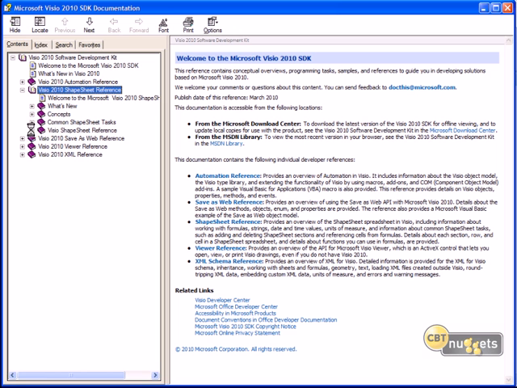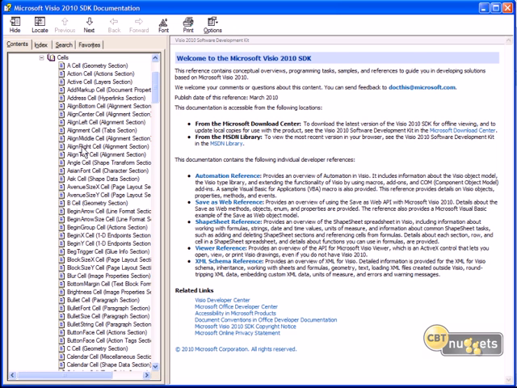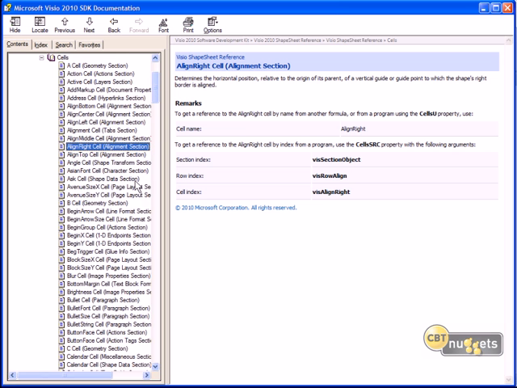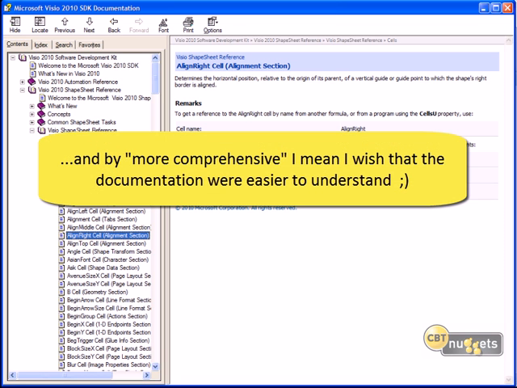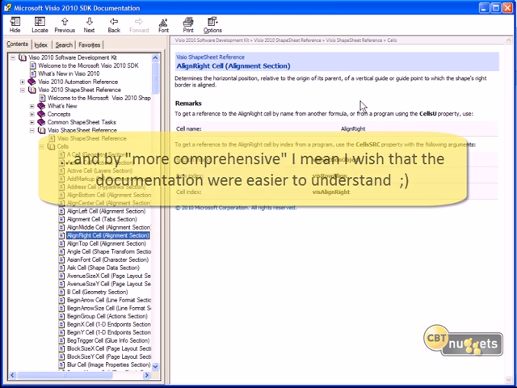So we have a full reference of cell options and the possible values that can be added to each. There's a lot here. I wish, frankly, that Microsoft did a better and more comprehensive job of documenting the shape sheet. What they have is pretty darn hardcore propeller head stuff.